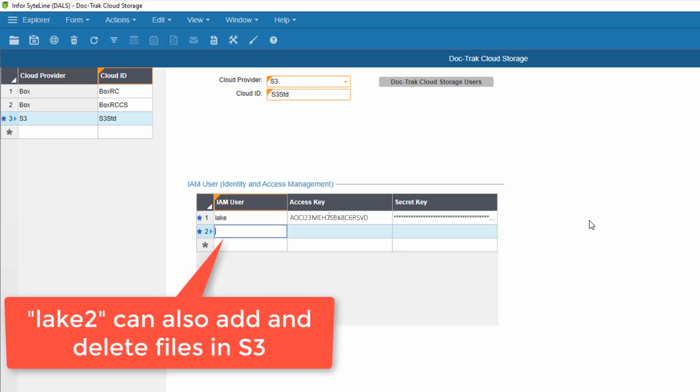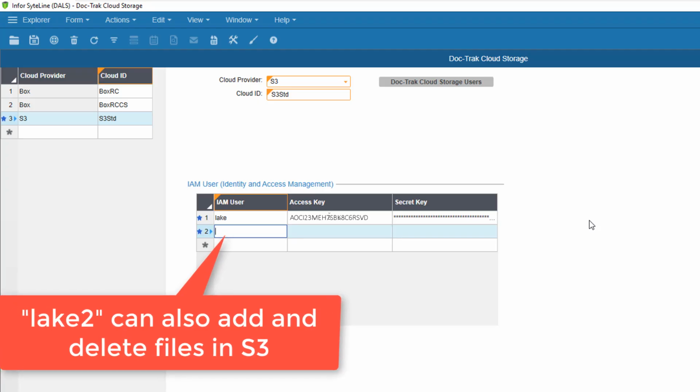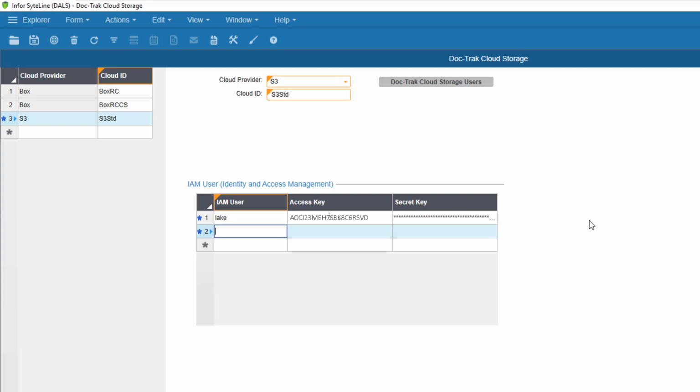Lake 2 is the IAM user that can also add and delete files and folders in our S3 buckets. So I'll enter that one next. First, the username, then the access key, and the secret key.